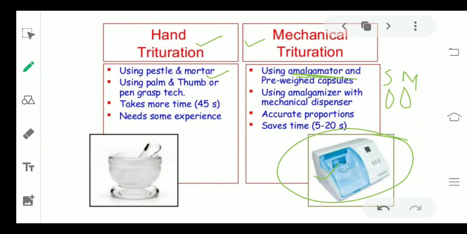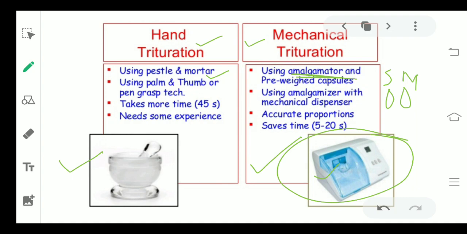Okay, and immediately it will mix both silver and the mercury, and a homogeneous mass will be created which can be directly filled in the cavity which you have prepared. So if you see from appropriate, accurate technique and time saving, then you have to go with the amalgamator. And if you're going for a budget friendly option, if you're a student, then you can go for a mortar and pestle, but usually the amalgamator does the job better.